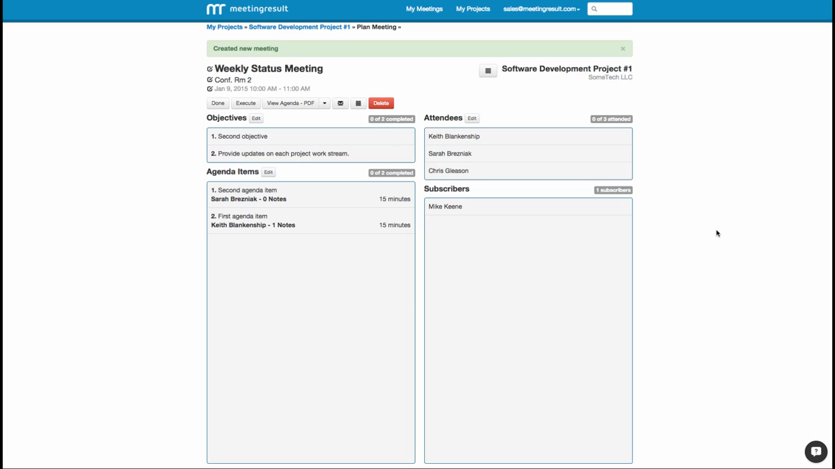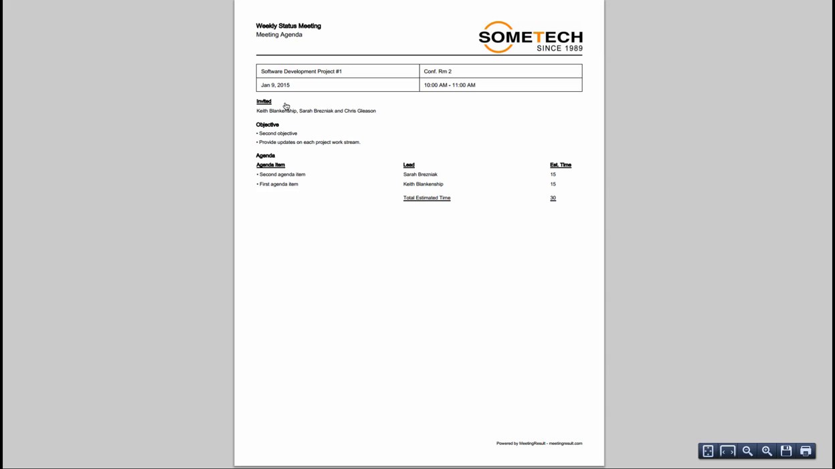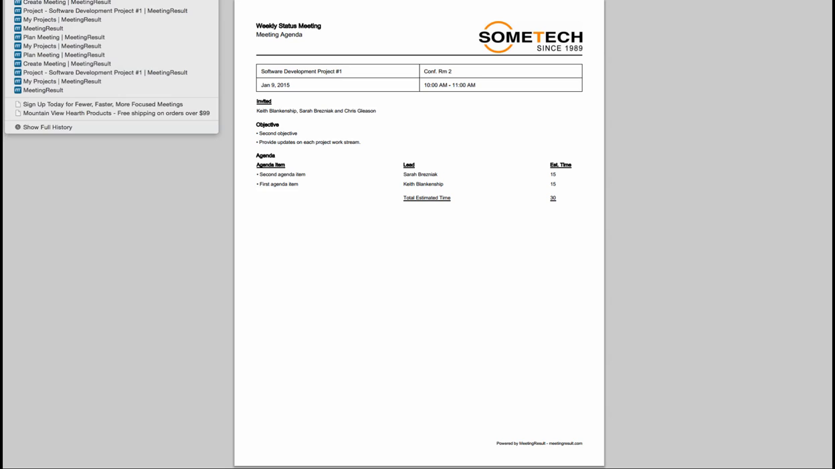At this point, we're done with the meeting planning process. If we want to view and distribute the agenda, we can choose our format, whether it's PDF or Word document. We'll go ahead and do PDF. We'll take a look at this. We'll see the agenda is laid out with all the information that we have planned for the meeting. And if we're ready to send that out to everybody,